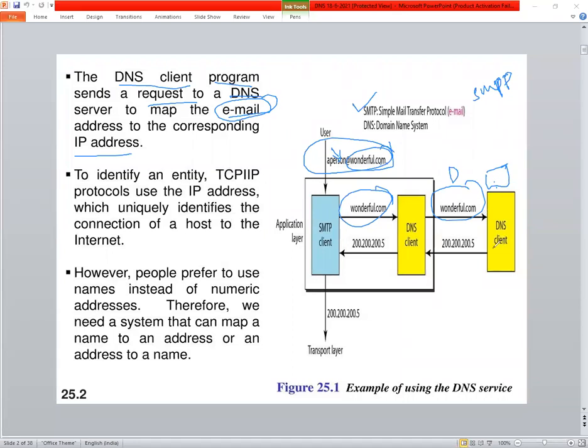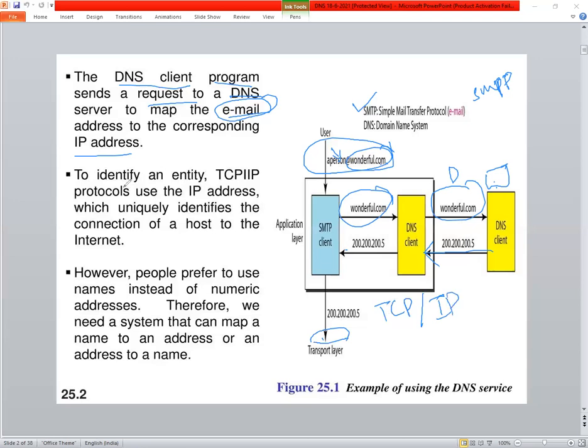So the DNS client will get the address of the particular DNS, like 200.200.200.5. This is the IP address of the resource where it is located, or of the domain name which we are requesting. And it will be transferred to the transport layer using TCP/IP.